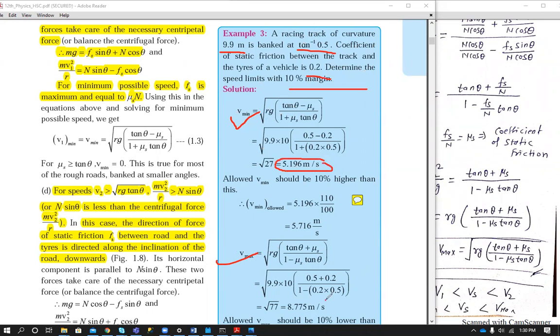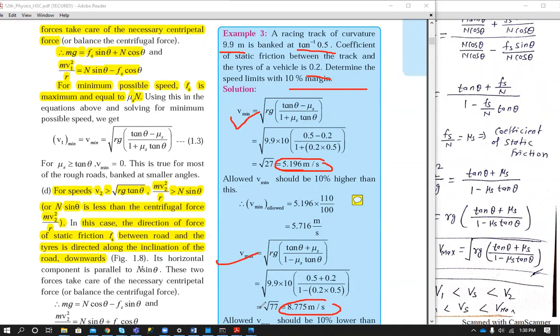But the question is what is asked: determine the speed limits with 10% margin. What does it mean? If you get V minimum as 5.196 meter per second, then for minimum, increase the speed by 10%, and for maximum, decrease the speed by 10%. So 10% margin means we want to live within these minimum and maximum limits,